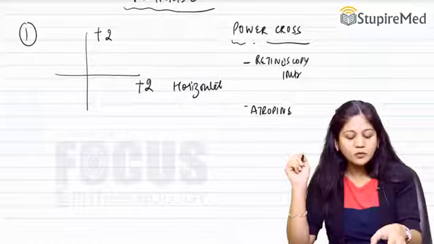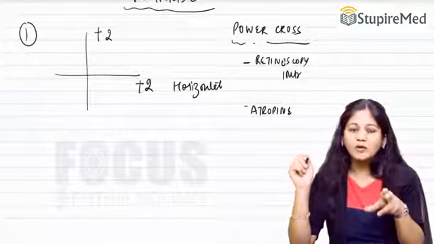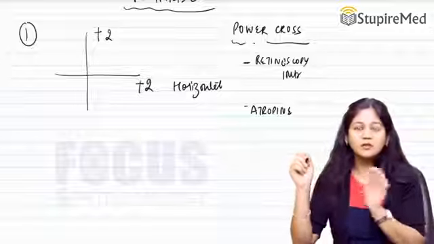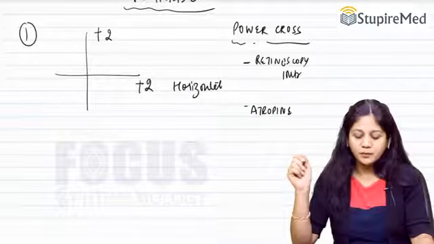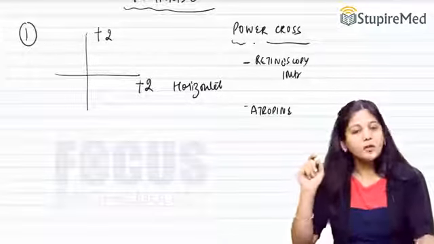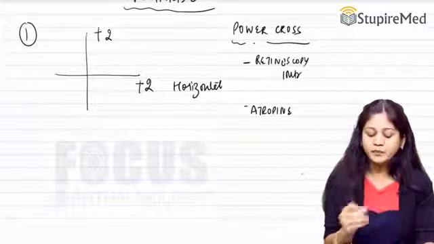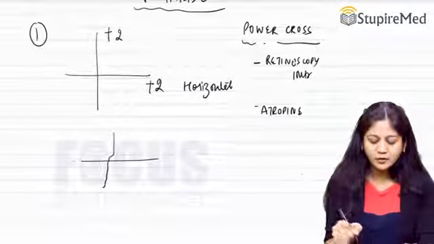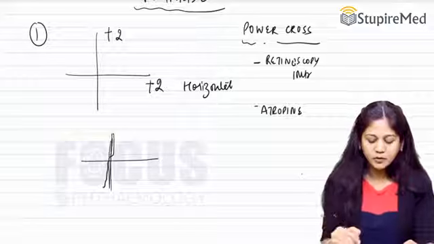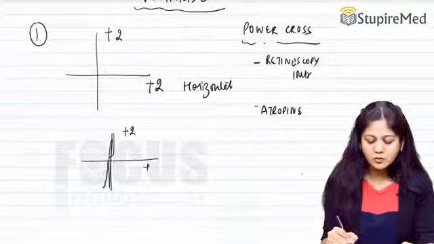Now guys, please do not get confused. This is only the power cross. This is only the retinoscopic finding. This is not the refractive error of the patient. Now we have to conclude what is the refractive power of the patient. For this we have to make some deductions. Now the deductions from this retinoscopic power cross would be +2 here.